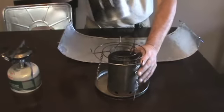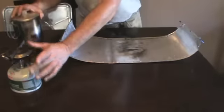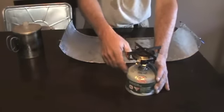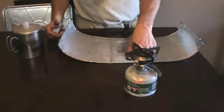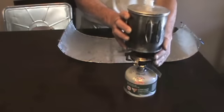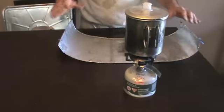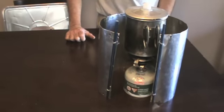Let me put this aside again. Okay, now let me talk about this particular stove, or any stove of this kind. This is an isopropane butane canister stove. They highly recommend you not to put any kind of windscreen around that canister, because heat starts building up around it, and it can explode. It's hazardous